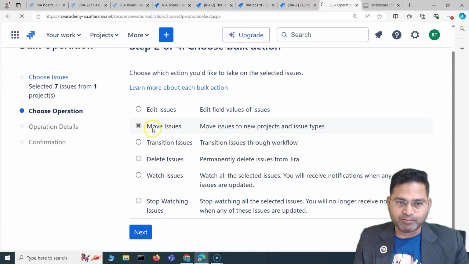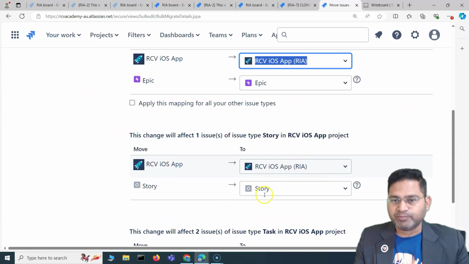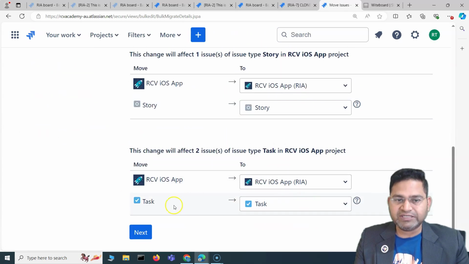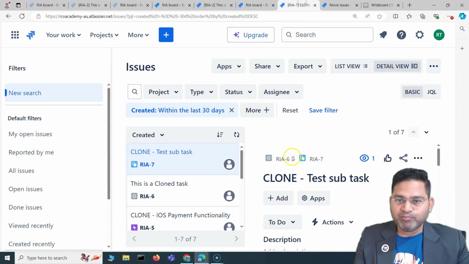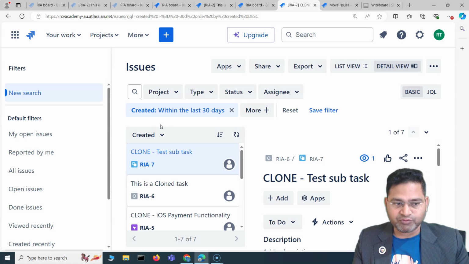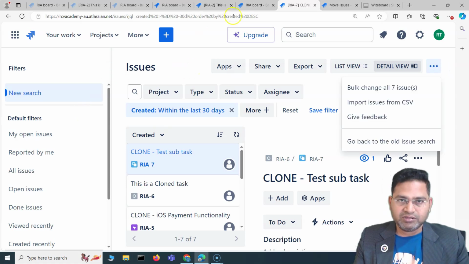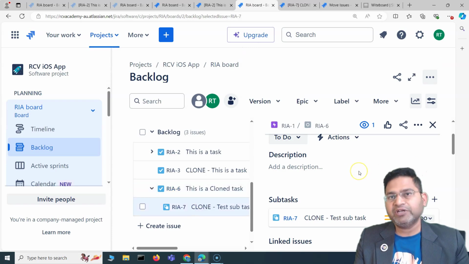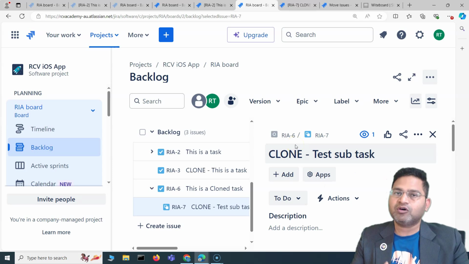I can select move issues, and you will see that I can now either change the project or change the type of these issues, and do the bulk operation, right? But make sure that you understand the segregation between move and bulk operation. It might be an interview question, wherein with move you are working specifically on independent issues where you can move the issue type or the project, but bulk operation is for working in bulk, wherein you can also move or delete issues